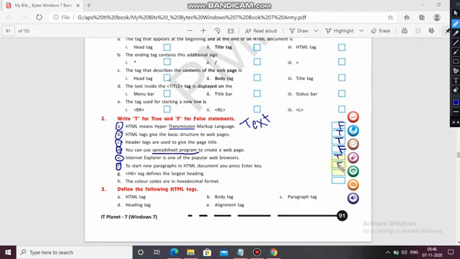With the P tag, we start a new paragraph. The H6 tag defines the largest heading. There are 6 levels of heading, in which H1 is the largest heading, not H6. H6 is the smallest heading. So this one is false.